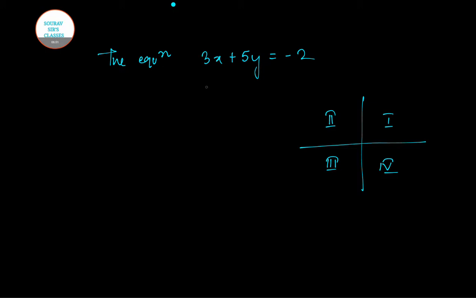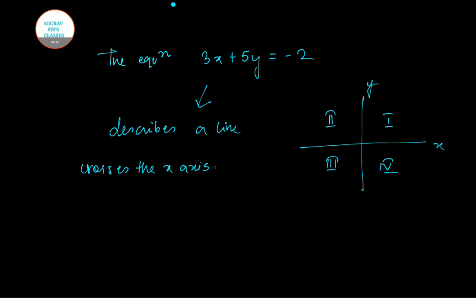This equation describes a line that crosses the x-axis, this is your x-axis, this is your y-axis, at minus 2 by 3,